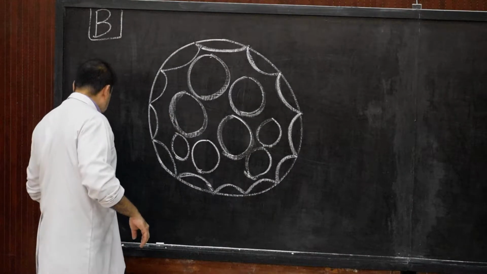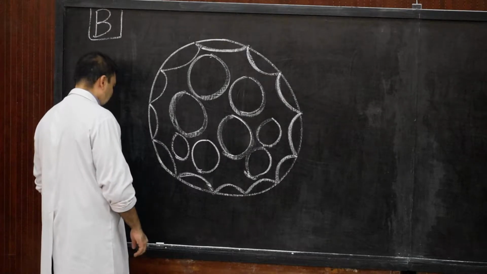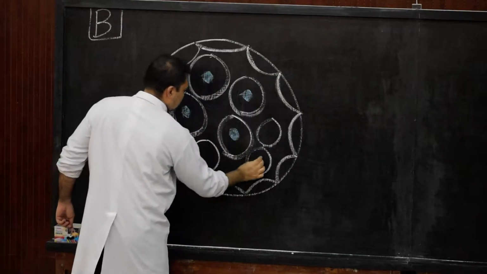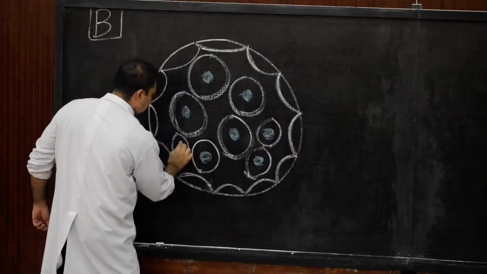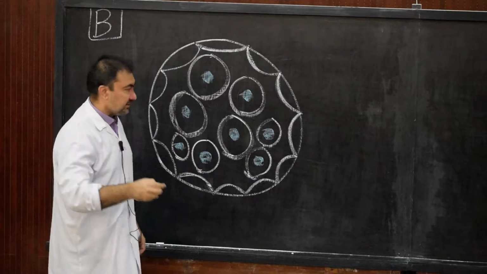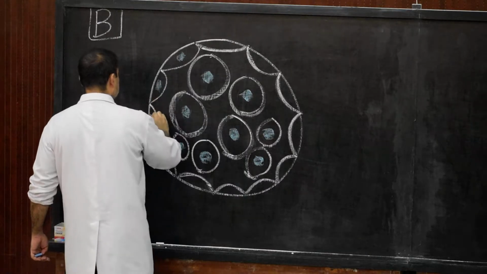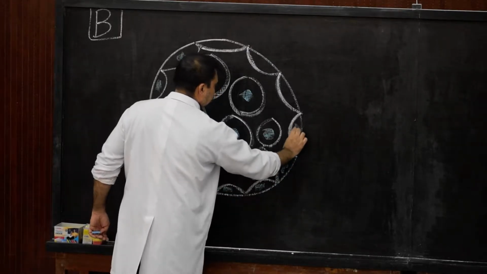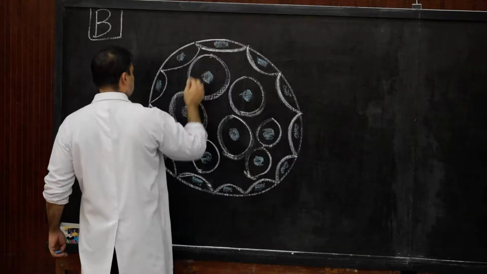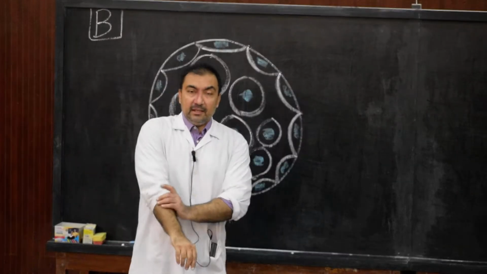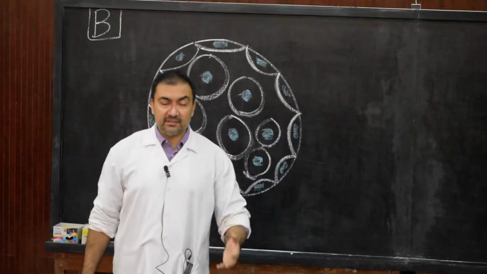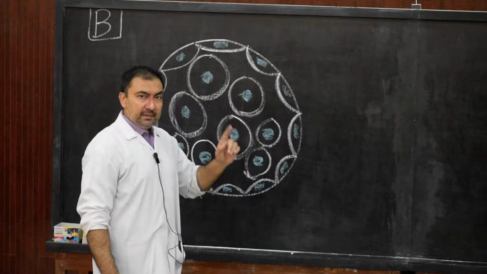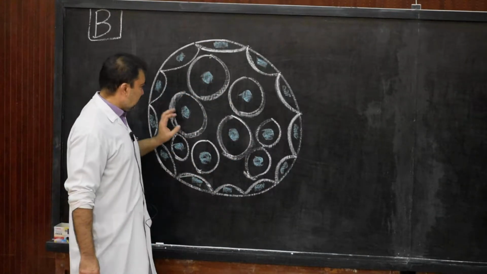Now we put some nuclei inside, so here we are going to put the nuclei in these cells. All the cells which we are drawing are basically blastomeres after the stage of morula. Remember, this stage is coming after the stage of morula. So after morula, the cells are dividing, and from the 16 cell stage they will pass through numerous stages further and further. This stage is from the 32 cell stage to the 64 cell stage, just an example. It will keep on dividing. So anywhere between 32 to 64 cell stage, here are all the blastomeres.